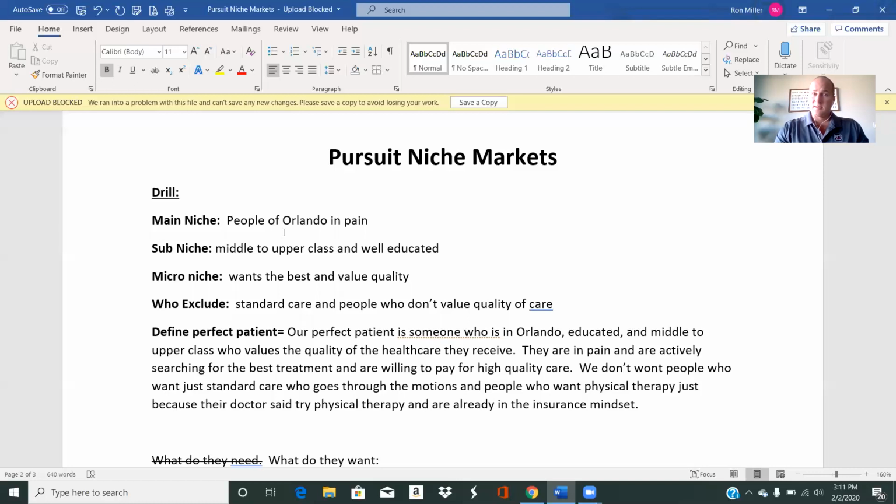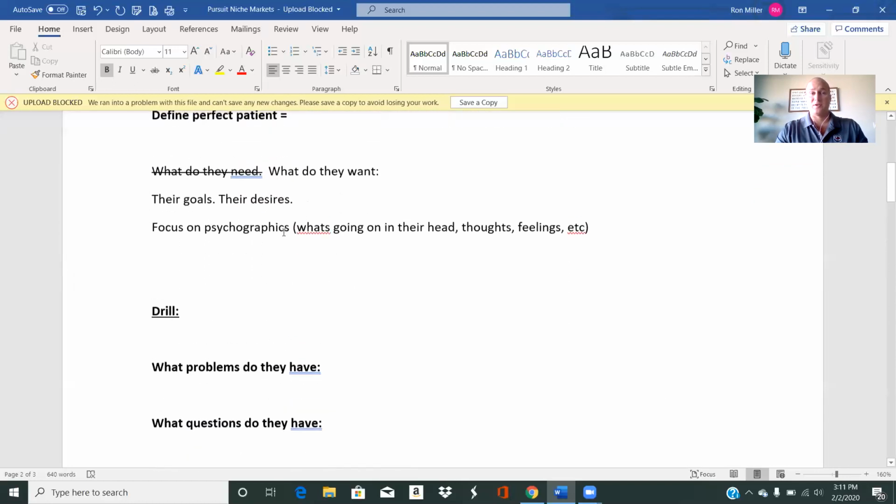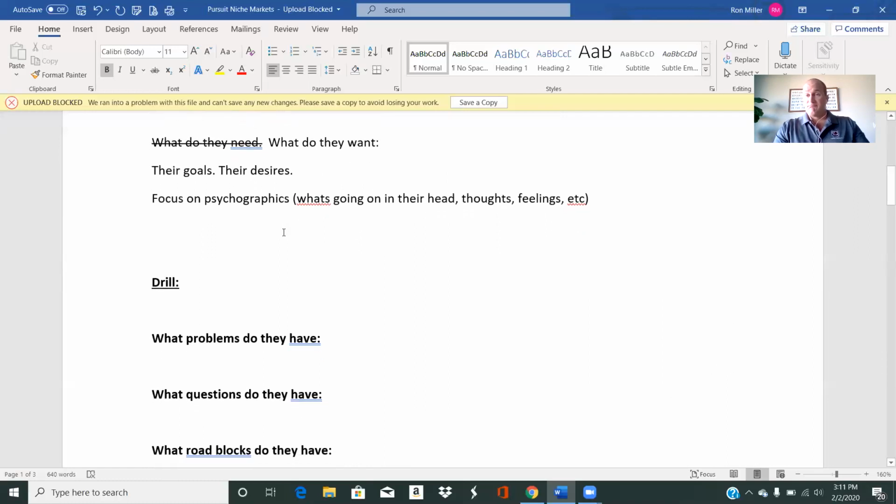Okay. So that's an example of picking your ideal patient out. You have to decide on what your patient is going to be before you start the marketing campaign. That's why this is a drill that we teach a lot of people when you're first starting out. So the next question is, when you want to market to that niche market or to that perfect patient,